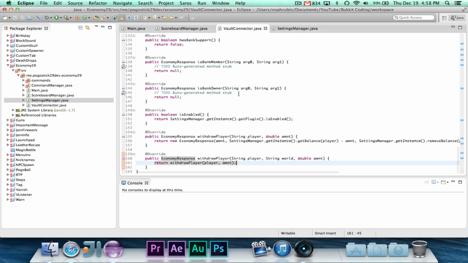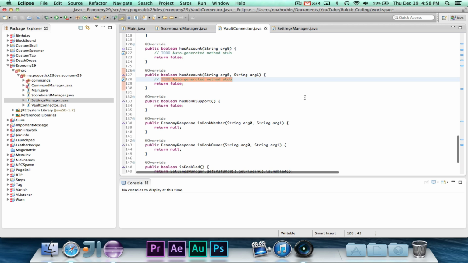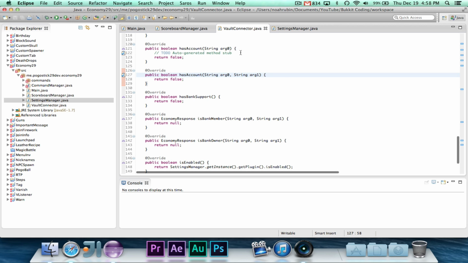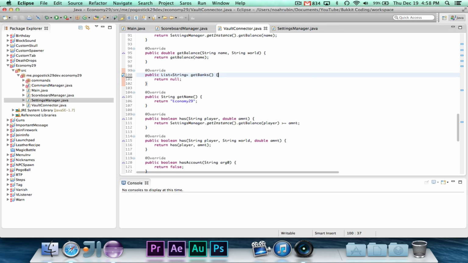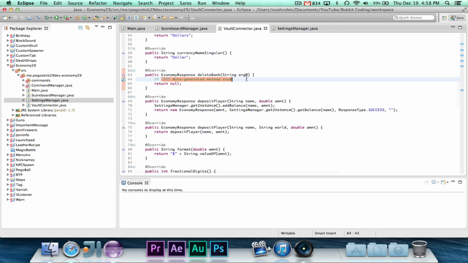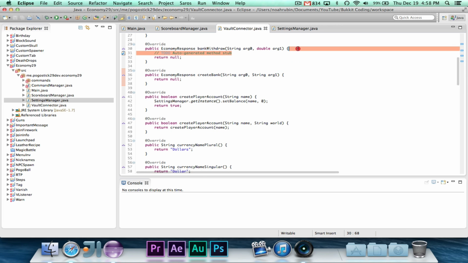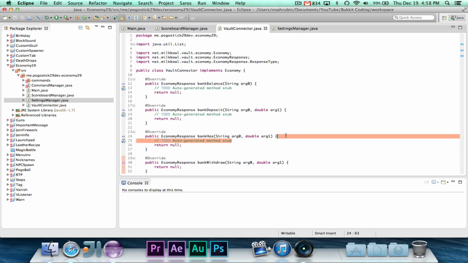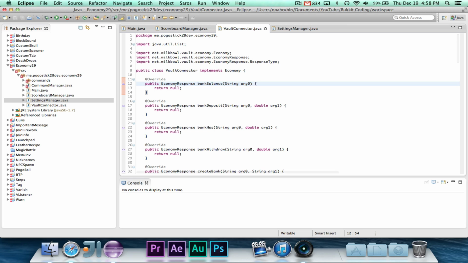There are a bunch of bank-related methods that we don't need to worry about. And if you guys are really interested in banks and stuff, maybe I could make another little advanced series in the future. Essentially, instead of each player keeping track of their money, multiple people could contribute to the same bank, and that would just be a feature that you would implement, and you guys could easily figure that out on your own. Now, that should take care of it, but